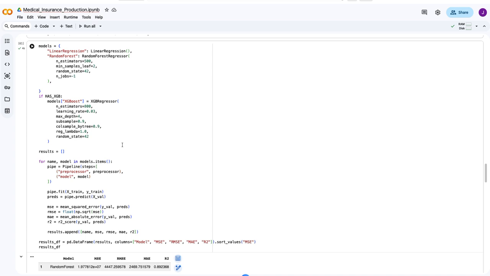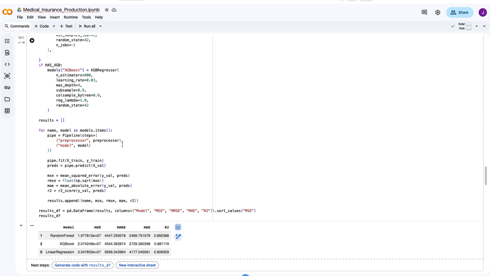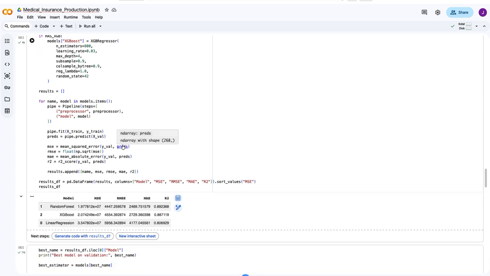The results show that linear regression achieved an R-squared of around 0.81, while random forest and XGBoost both improved performance significantly, with random forest achieving the best validation performance with an R-squared close to 0.89 and the lowest MSE. This demonstrates that tree-based ensemble models are better suited for capturing nonlinearity and